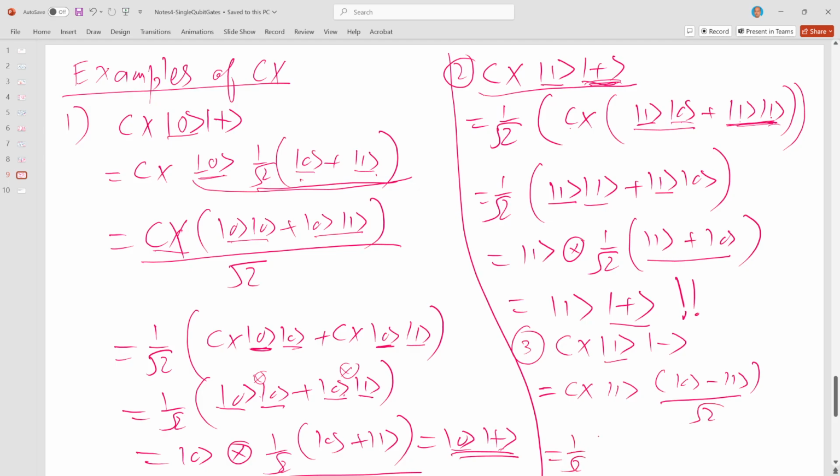So 1 over square root 2 is here. So this is 10. The control X gate will make this 0 as 1, and this is 11. So this control X will make it 0. And now I can take this 1 common again on the left side, but